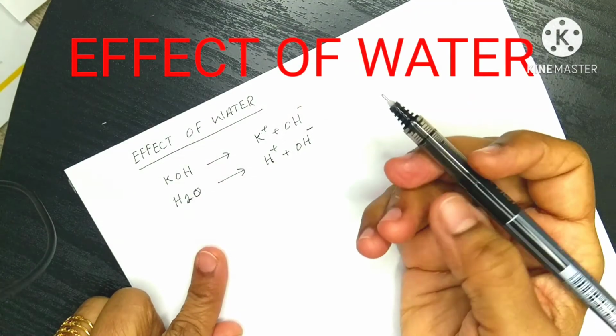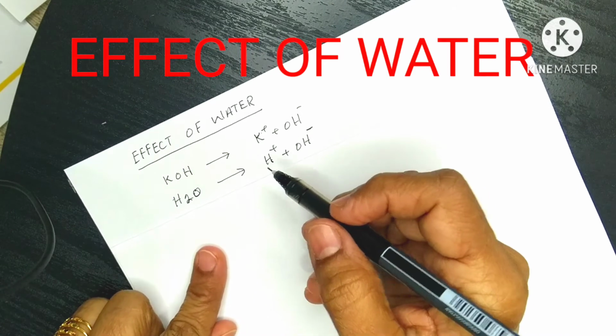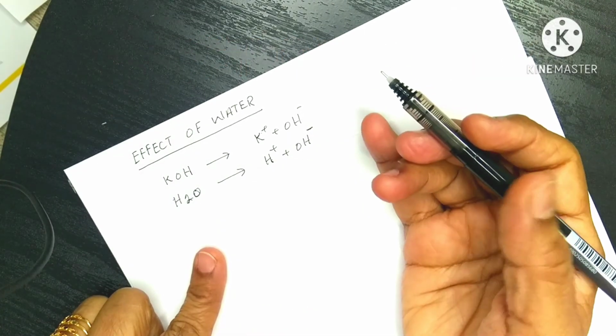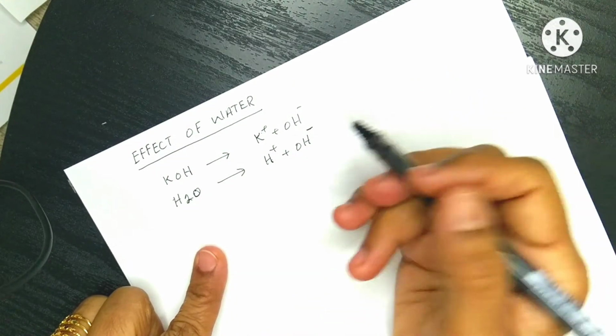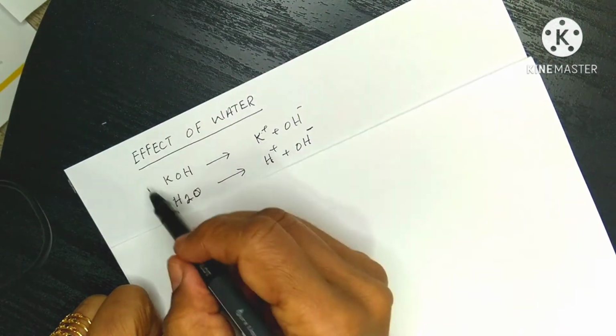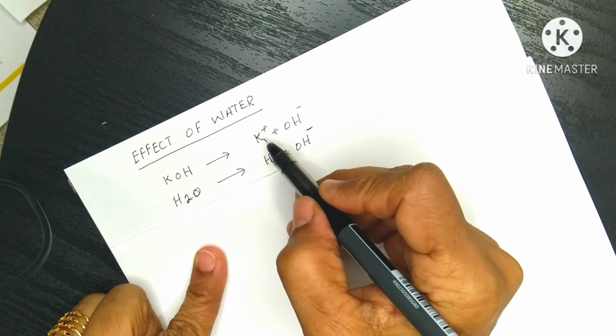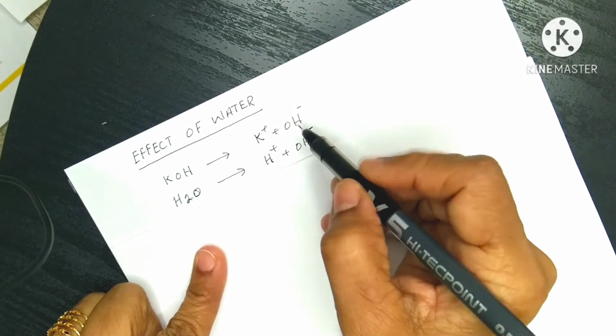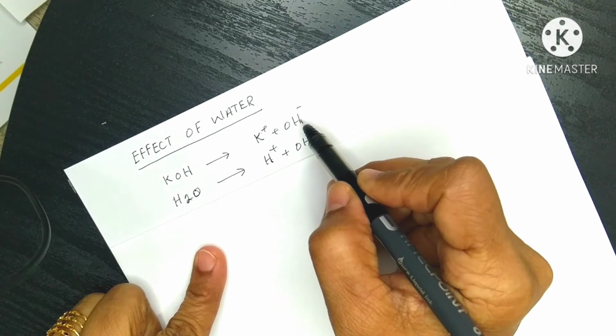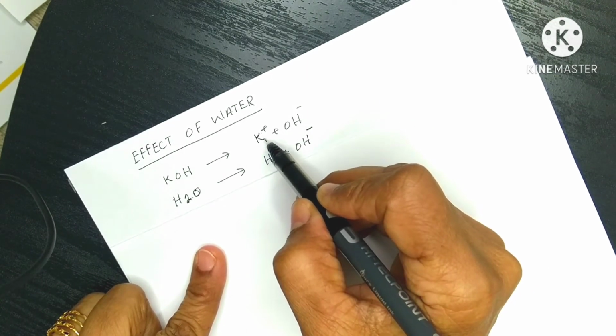If we have molten solution of any ionic substance, then this process is very simple. We have only one kind of the positive and one kind of the negative ions. For example, in case of the potassium hydroxide, if it is in molten form, potassium ion moves towards the cathode and hydroxide ion moves towards the anode, and oxygen gas will release at the anode and potassium metal will deposit